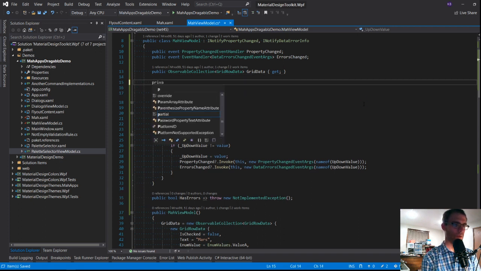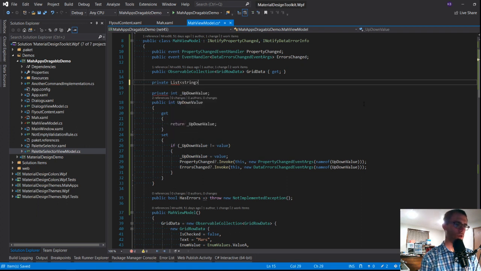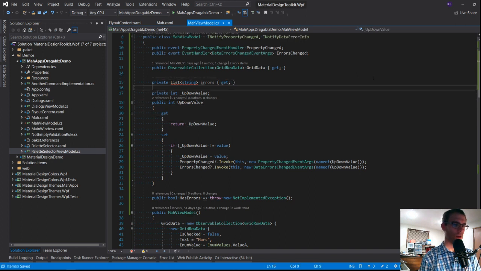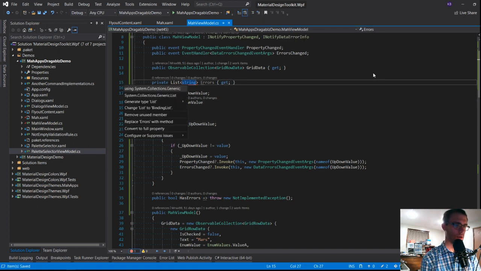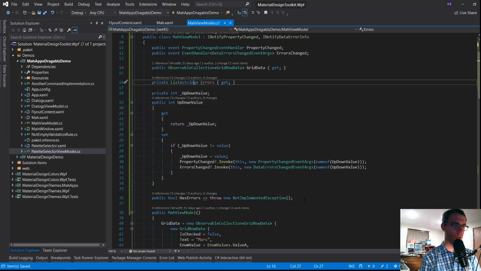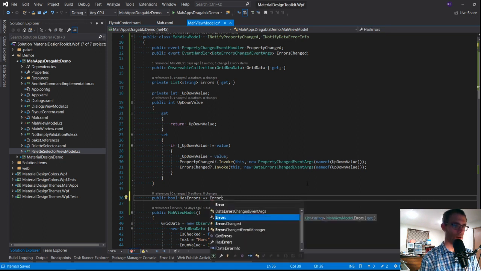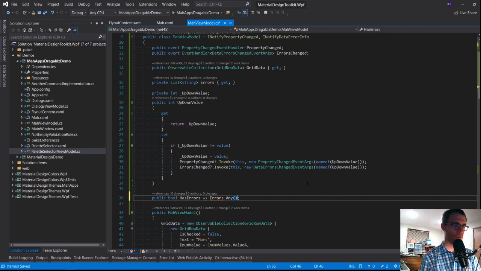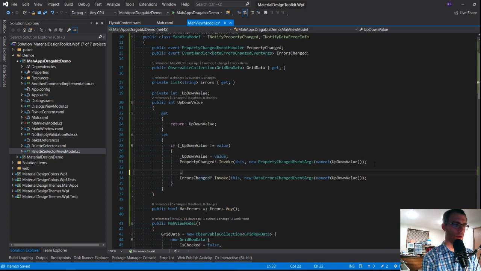Let's just do private list string errors get. All right. That'll work. So this guy here should return true if there are any items in the list. Okay, so if, let's do this.